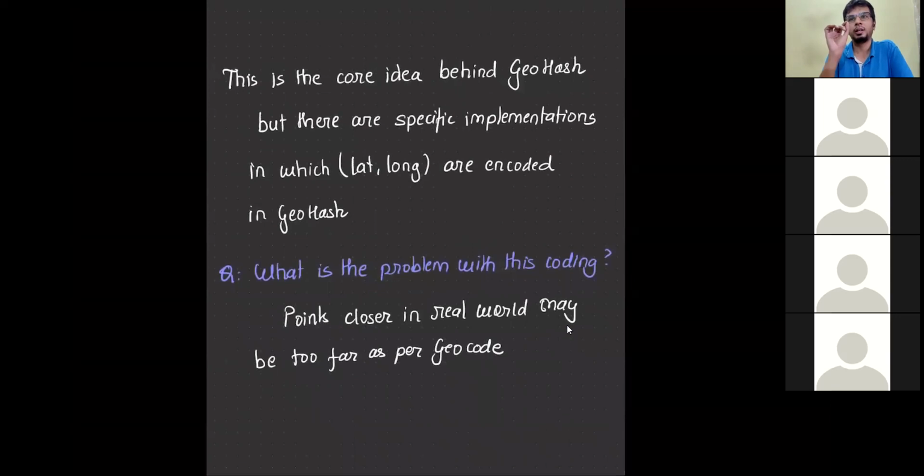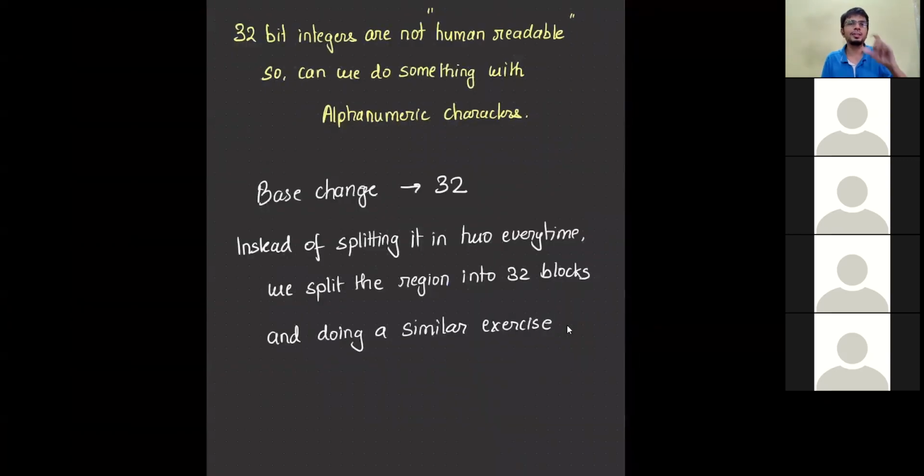Although it seems like every time you would have to do that, obviously there is a mathematical algorithm that converts your lat long into a geohash ka code directly. You don't have to do splits, but the split is our intuition, which is much more important to understand because you can use it in computer graphics and a lot of other places. So zooming in and zooming out, if you're trying to implement it somehow, you can leverage this part. Okay. So the only con that we talked about was that 2 points that are actually closer in the real world might seem too far away, because one is in the left part, the other one is in the right part. So that is a little bit of an edge case.